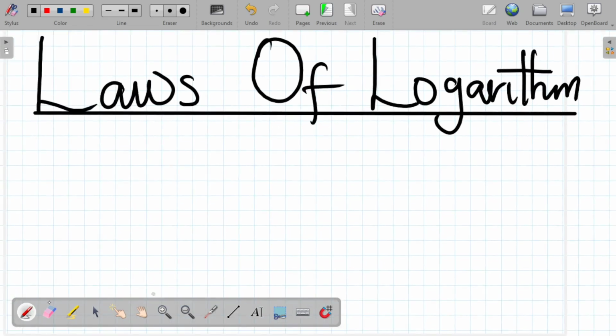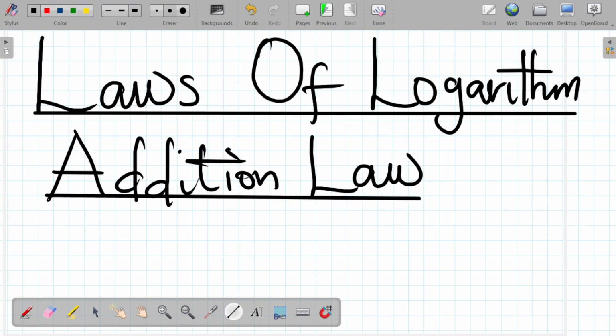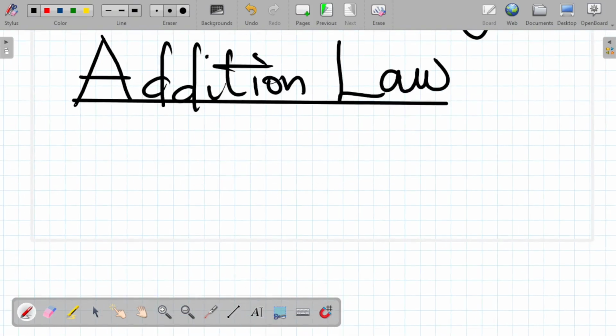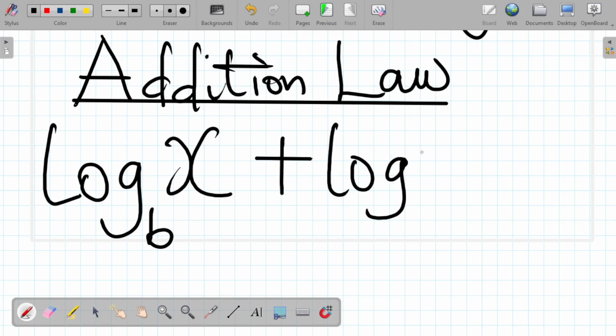Alright, let's consider the laws of logarithm. The first law of logarithm is known as the addition law. When two logs with the same base are added, simply write the argument as the product of the old arguments. So now let's take an example. If we have log x to base b plus log y to base b, and we are asked to solve this,